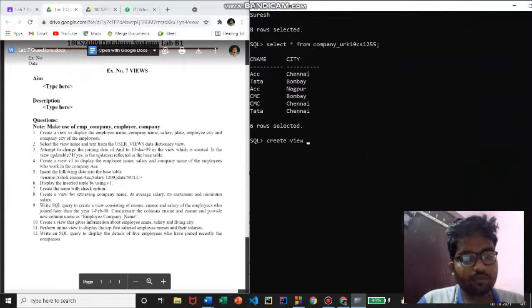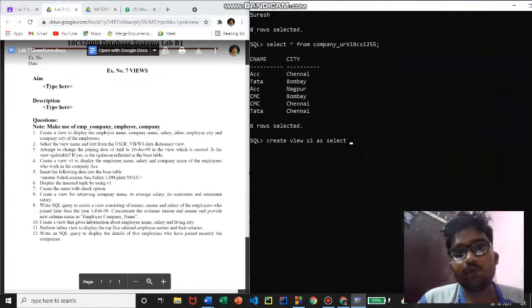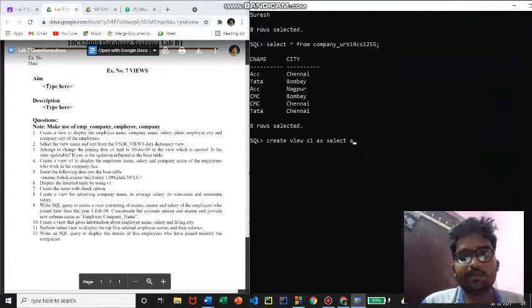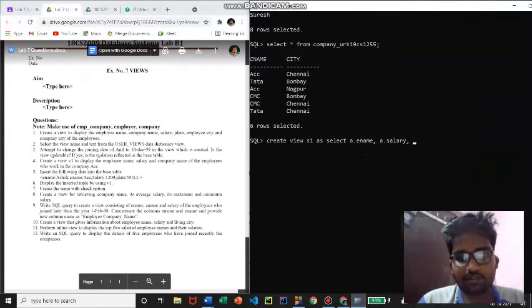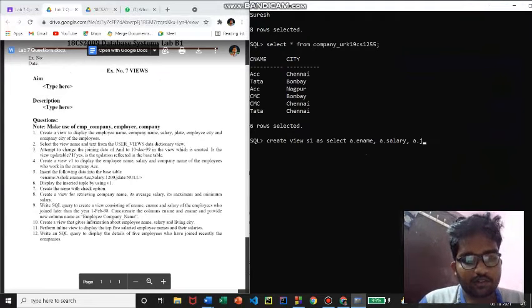Create view v1. Let us name it as s1, as select. Since we have more than one table, let us use the alias name: a dot employee name, and a dot salary from the same table, a dot company name, a dot joining date.